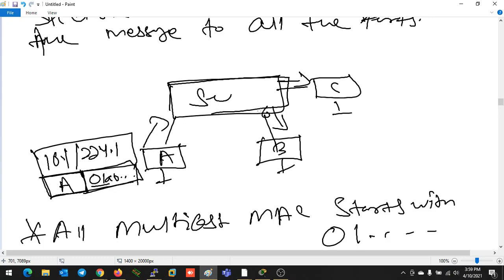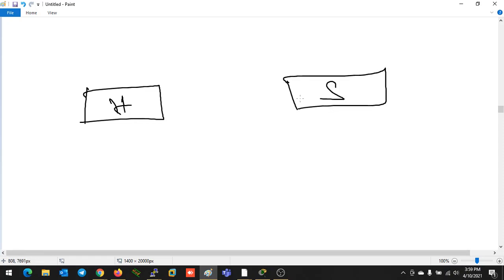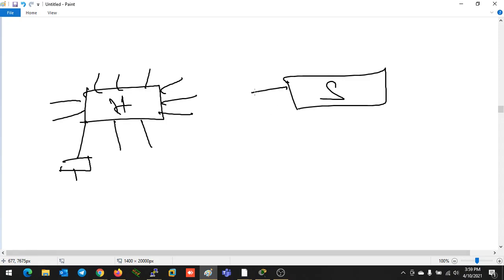So let's discuss 2-3 lines on hub and switch. This is hub, this is switch. All these devices we are using for one purpose: we want to connect multiple devices. Hub can also come with multiple ports, and you can connect multiple devices. The same thing you can get on a switch. You can connect multiple devices to the multiple ports of a switch. So what is the difference right now?